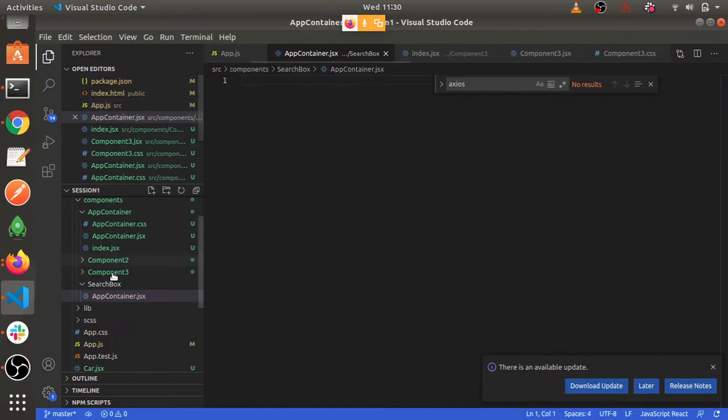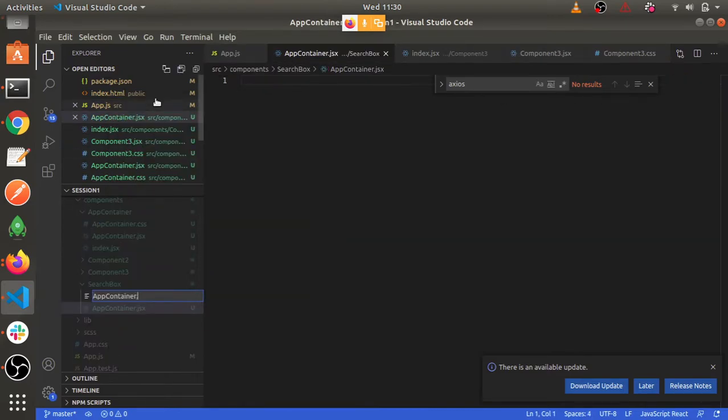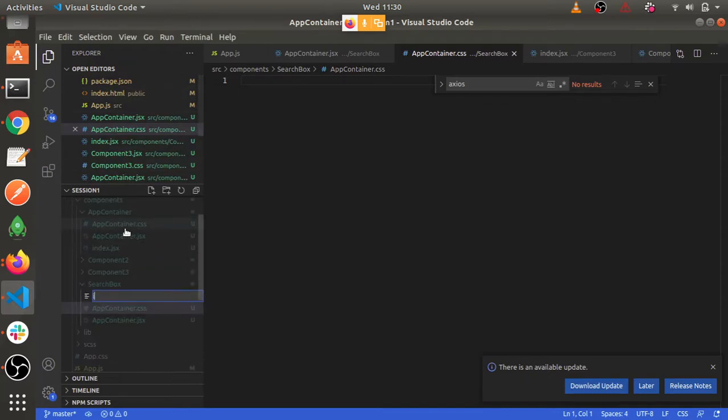First file is JSX, second file will be CSS, and the third file which is necessary is index.jsx, right? Yes.